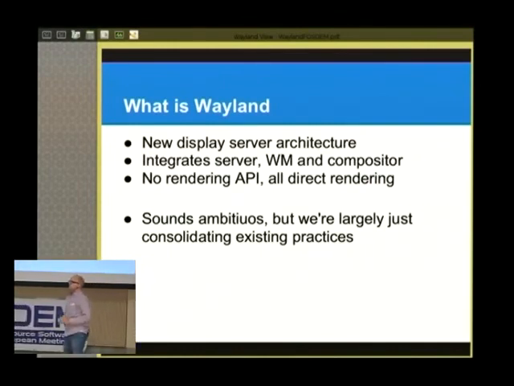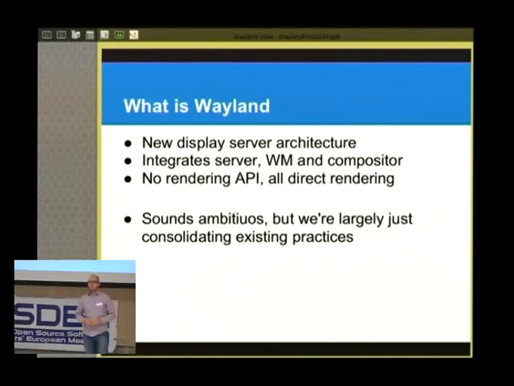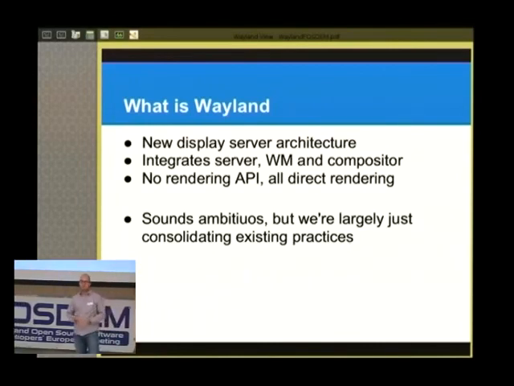It integrates some of the functionality we have in separate processes under X today. With X, we have the display server itself, a compositor, and the window manager, usually in one process. With Wayland, we take those three responsibilities and combine them into one display server.